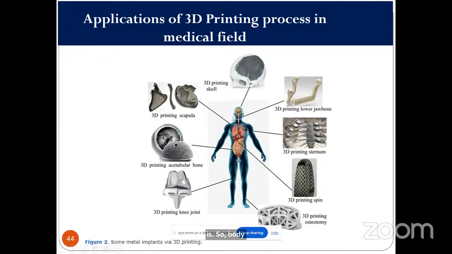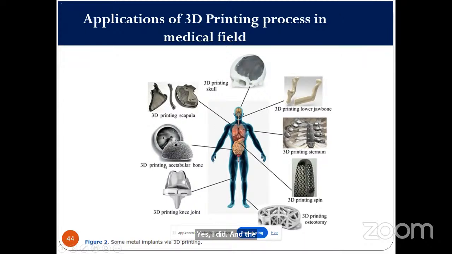Everything you can see here starts from the top: 3D printing of the skull. In a lot of accident cases, during the skull removal process, some were damaged at the top. It will be 3D printed and used for doing the surgery, and 3D printing of the scapula